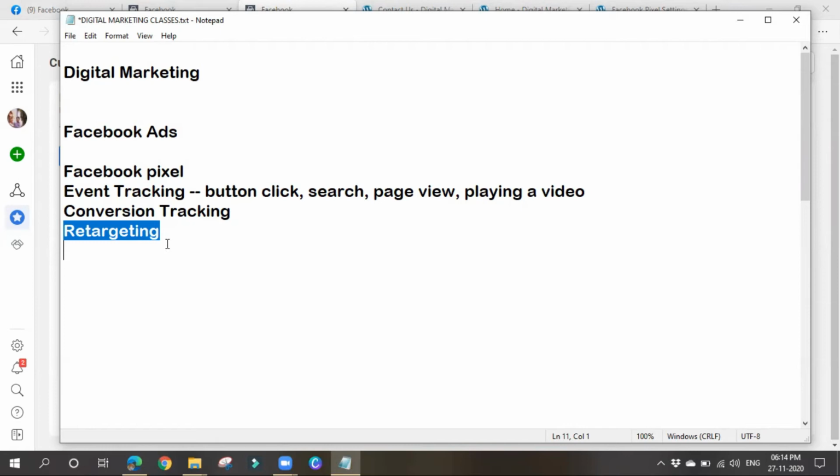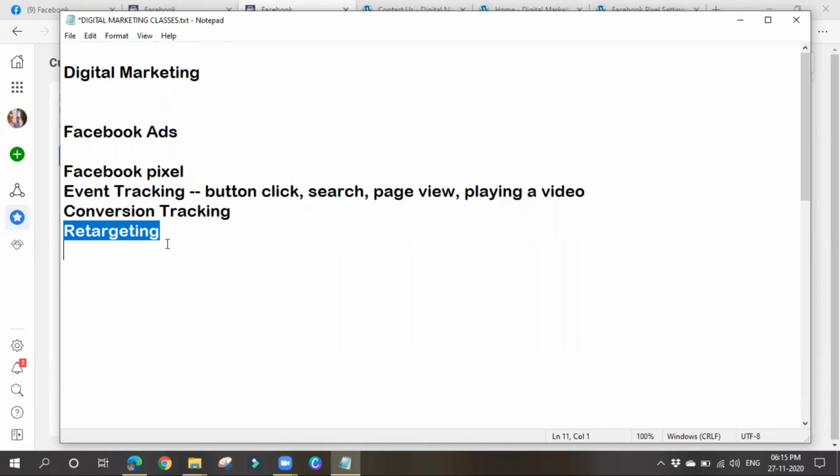In order to do that, we have to go for retargeting or remarketing. So let's see how to do this. First thing, in order to do this, we must have placed the Facebook pixel code in our website, so that we can get all the info: who came to our website, who are our website visitors, what pages they have visited.